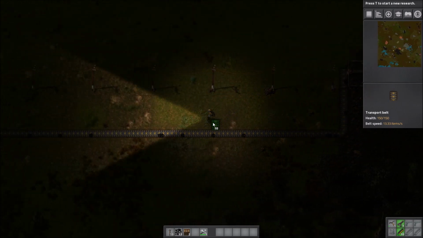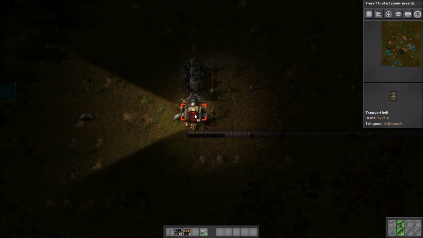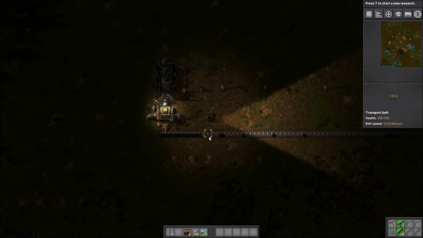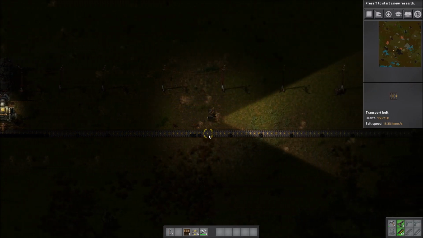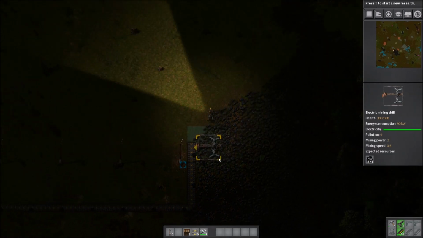Oh well, there's an easy solution to this. Because we're making electricity, right? Let's just dump all that in there. Come on, all that in there. That should slowly start building up. Right, so now that we have a power supply, quite a steady one at that as well, we can build